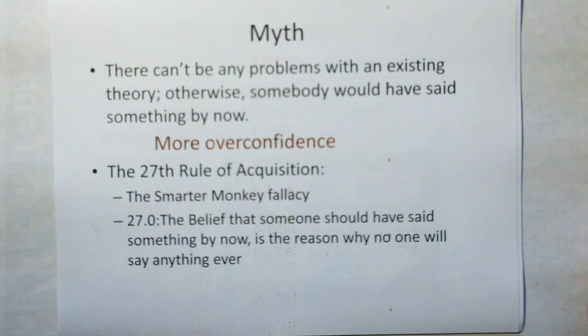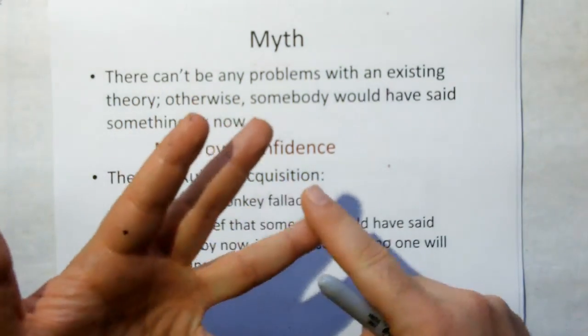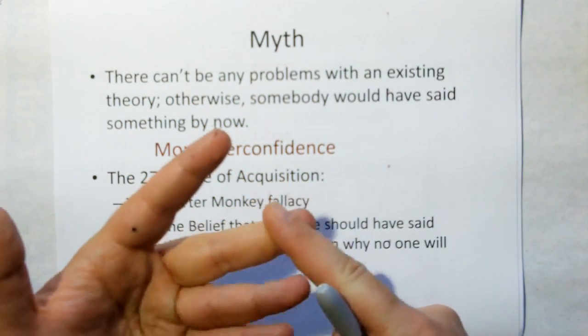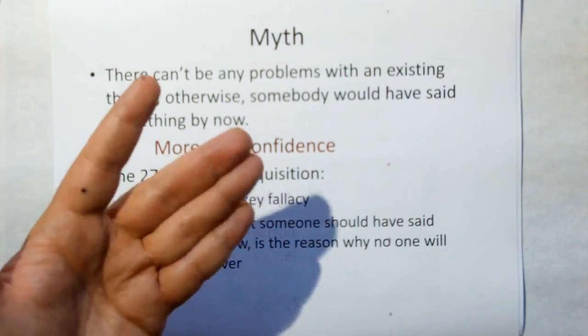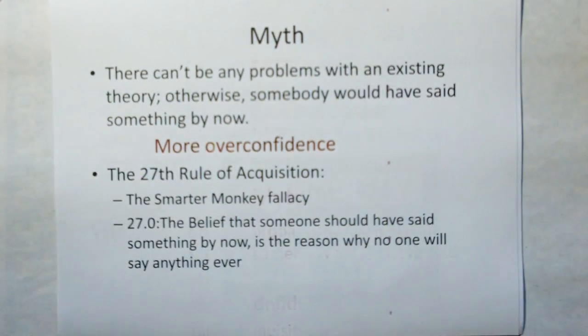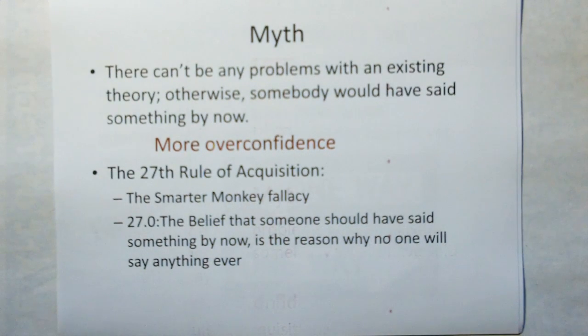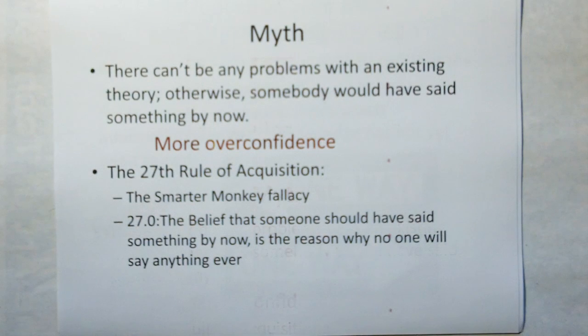You're going to sit there and question your data, your experiment. You're even going to question your understanding and your competency. Okay, you are not going to put yourself out there. And even when it comes to the point where you truly believe that you have found a flaw in relativity, you're not going to dare put it out there because you do not want the blowback. Okay, so the belief that somebody should have said something by now is the reason why no one will ever say anything. We've got to take the stigma away from people coming forward, even if they look like complete idiots. We need to respect that, because someday someone's going to come forward with something real.